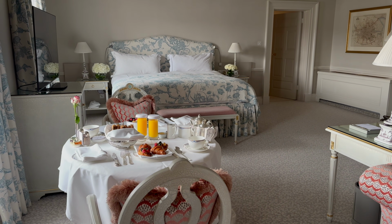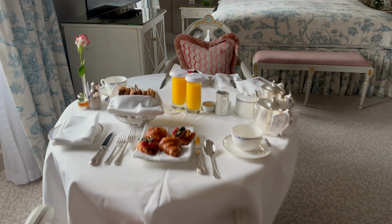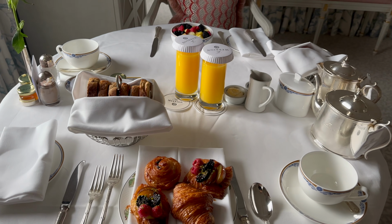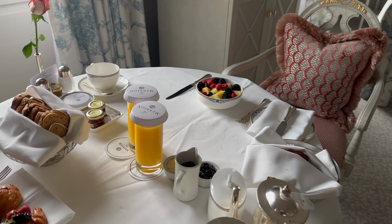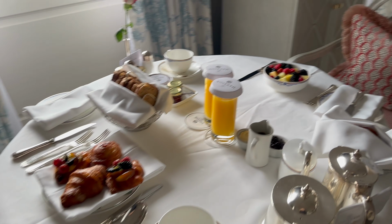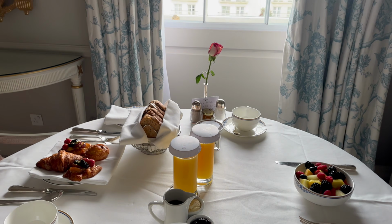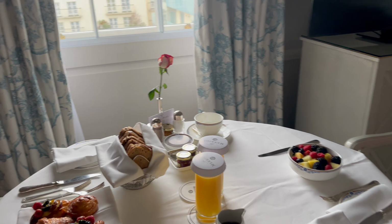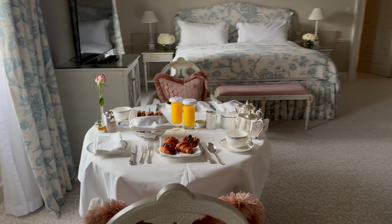I love nothing more than having a lovely room service with a starched linen tablecloth and lots of lovely breakfast things. We've got some pastries here, some toast, some juice, some fresh mint tea, some Earl Grey, some fruit salad, and then in the hot drawer we have an egg white omelette and some pancakes for Nathan. I just love a hotel breakfast, it's my favourite thing. Quite grey outside, but we're going to have breakfast, get dressed, and then go for a wander and do some more touristy lovely things